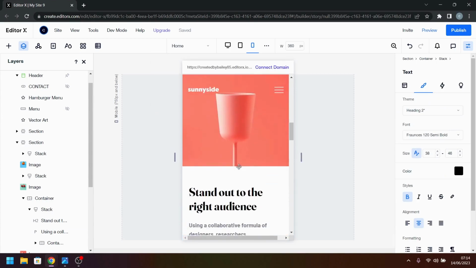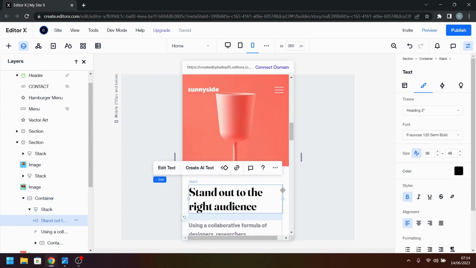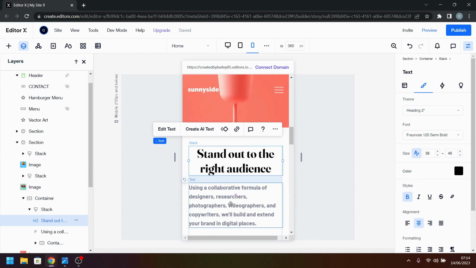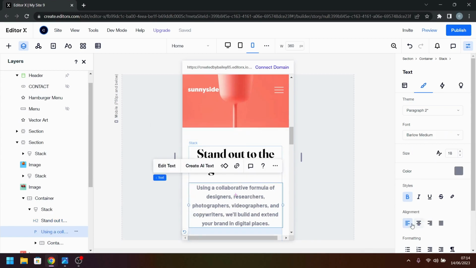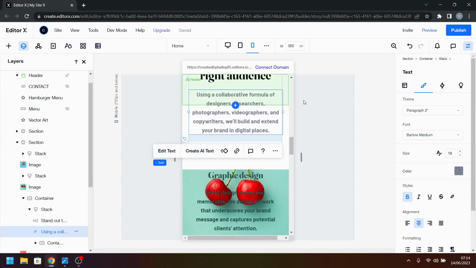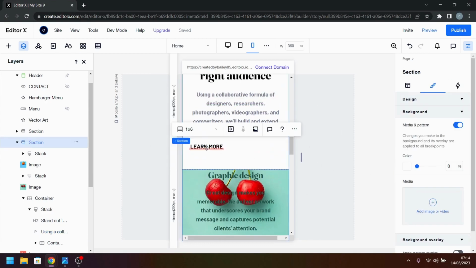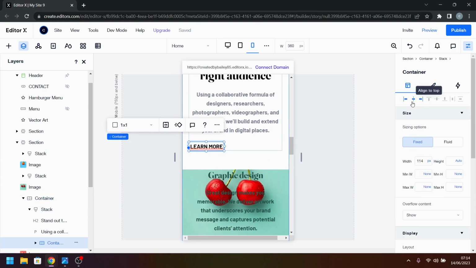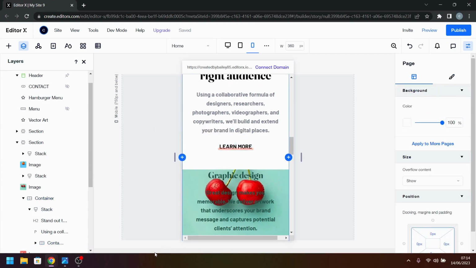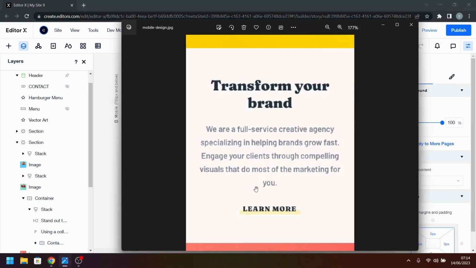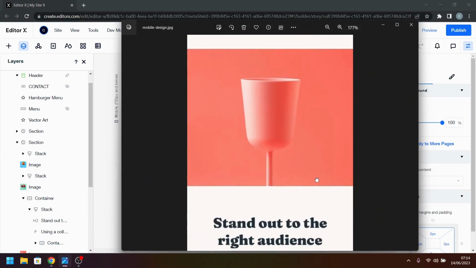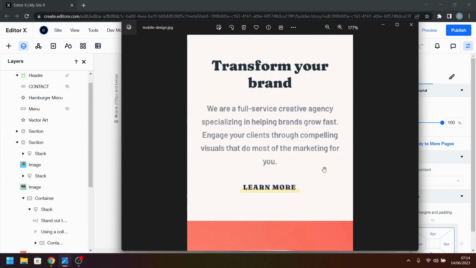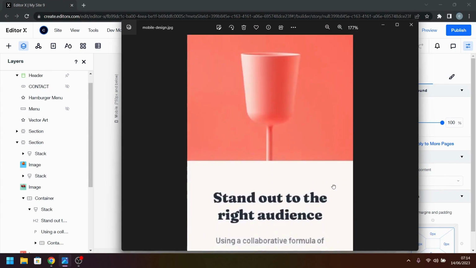Oh, 38 and 46, yeah. Change the font to 38 and 46. We'll also align that to the center and align the paragraph to the center and align the container with the link to the center. Okay, I think that's fine. We'll next move on to